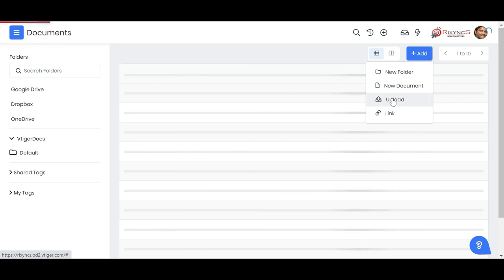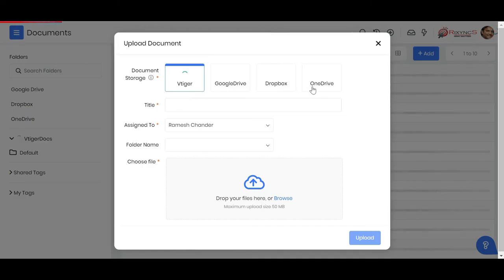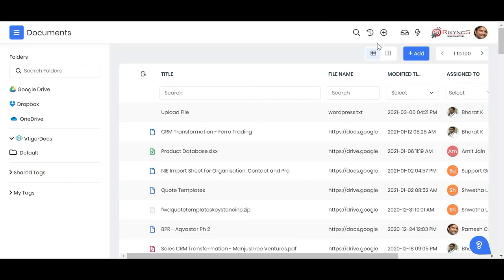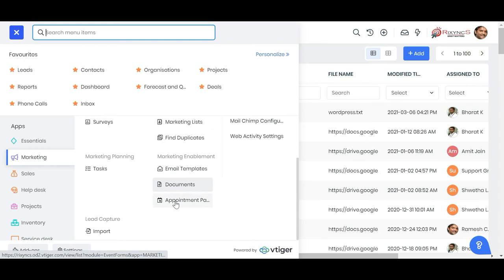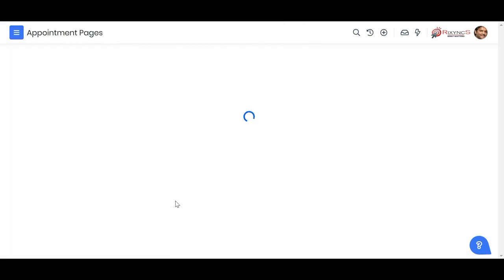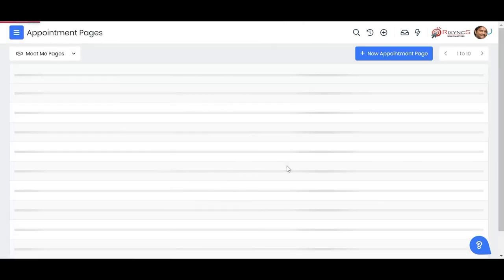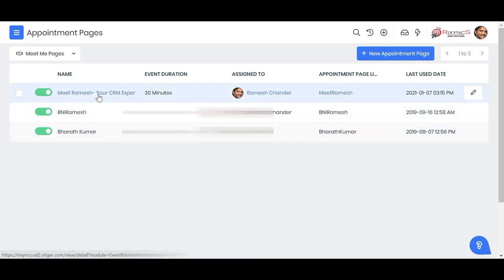So one of the biggest problems I see with the sales, marketing, or customer support team is they have documents in different places. So once you put these documents centrally, you would see that searching the documents becomes easy for your team. All right, and then finally the appointment pages. So if you see over here, in appointment pages, we have created, for example, I've created one appointment page for me. So when someone wants to make an appointment with me, all they have to do is select